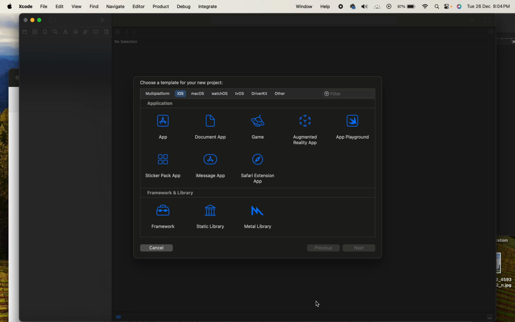This is my first tutorial where I will be explaining the core data related stuff in Swift programming. For the core data related stuff in Swift programming, I'm going to create one project. So let's start working on that. So let me create the project